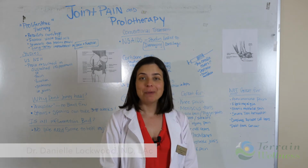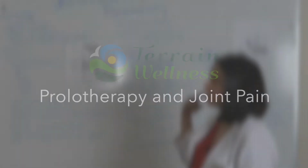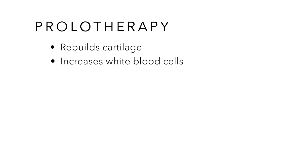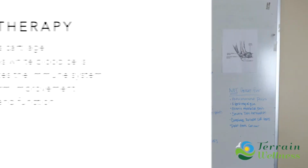Today we're going to talk about prolotherapy and joint pain. So first of all, what is prolotherapy? Prolotherapy stands for proliferative therapy, and it rebuilds cartilage and increases white blood cells, so it's really good at stimulating the immune system. It actually stimulates the immune process, which leads to long-term improvement in pain and function